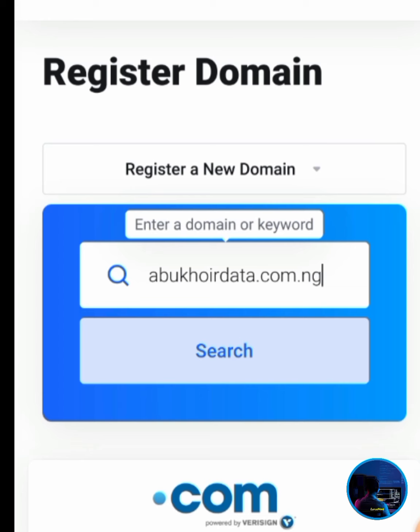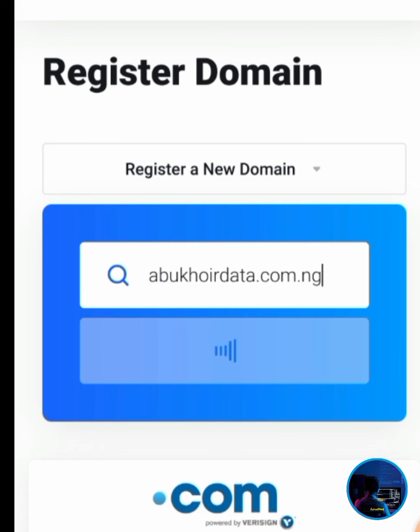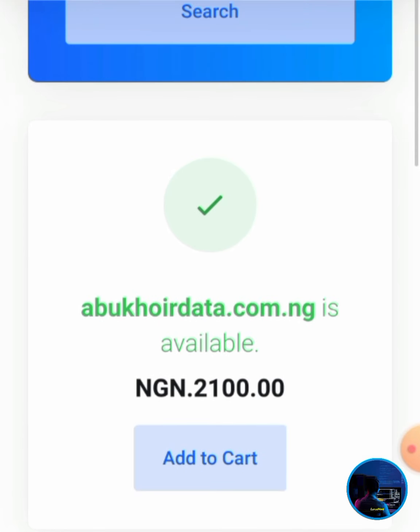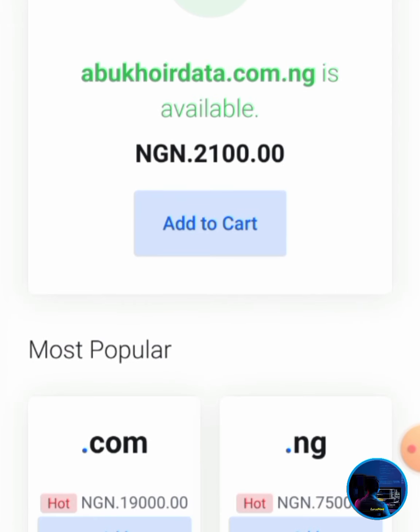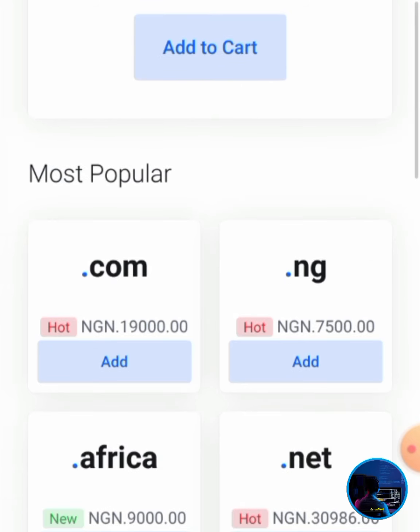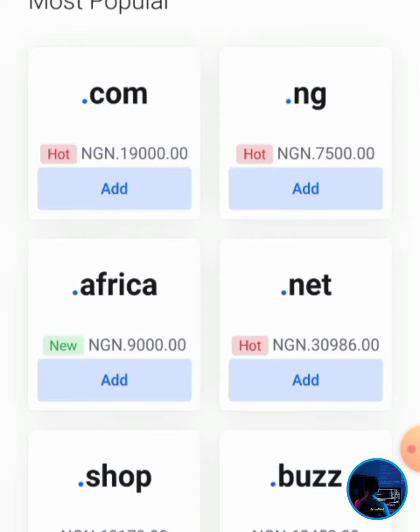So I'll just click on search, and the system will search the URL to see if it is available. Then you see abuhoydata.com.ng is actually available, and the price is 2,100 naira. So now if you scroll down, you see the other extensions, because the one I want to register is .com.ng. We have .com, and .com here is just 19,000 naira. And if you want to make use of .ng, it is 7,500. .africa 9,000. .shop, .views